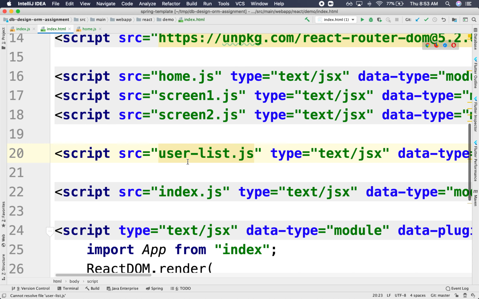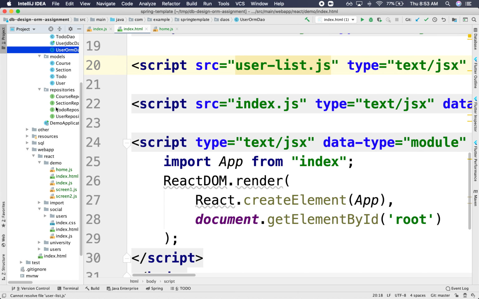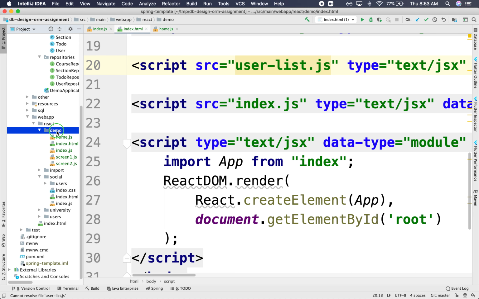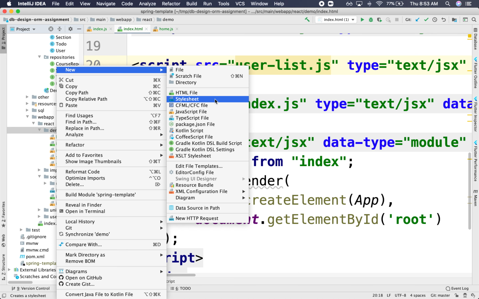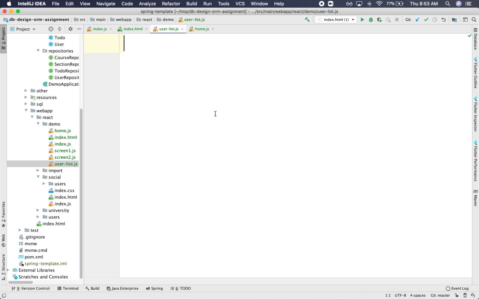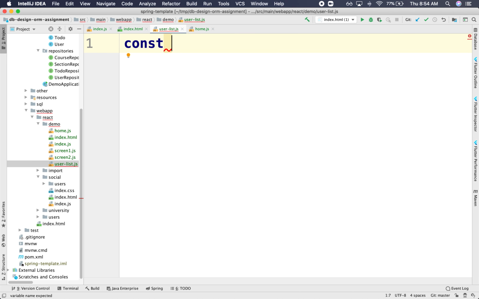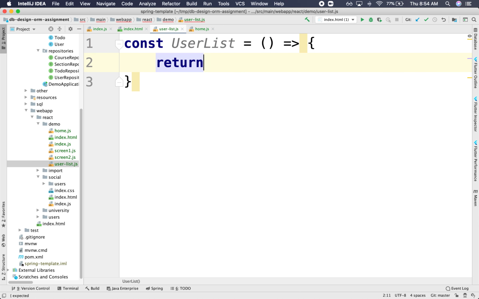Okay. And what we're going to do is that we'll create it. It doesn't exist yet, right? So let's create it here. So a new JavaScript file, and this will be userlist.js. And for now, let's just display a simple heading, right? So we'll call it user list. This is just going to return